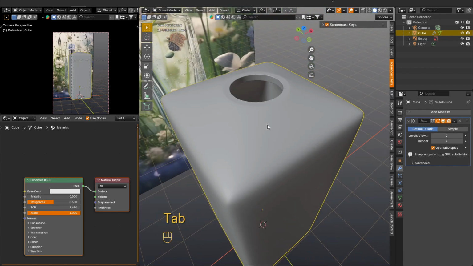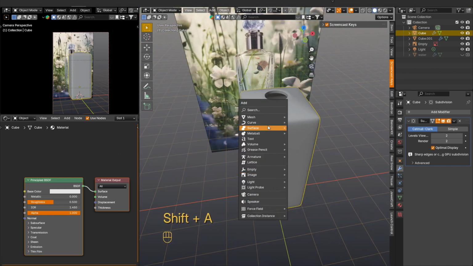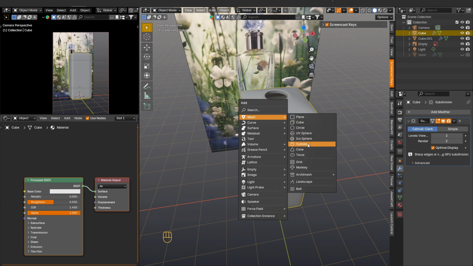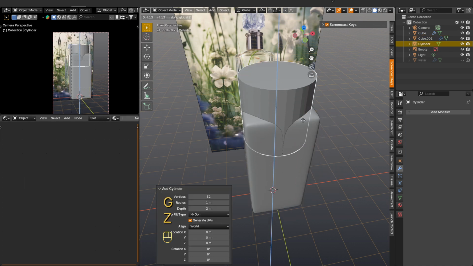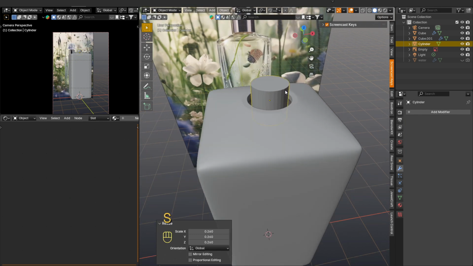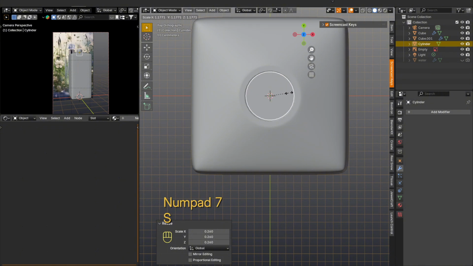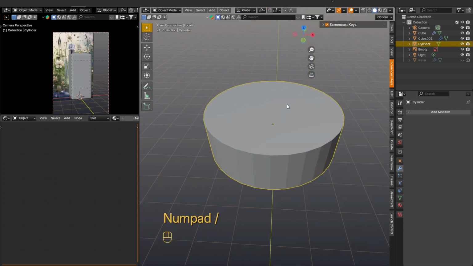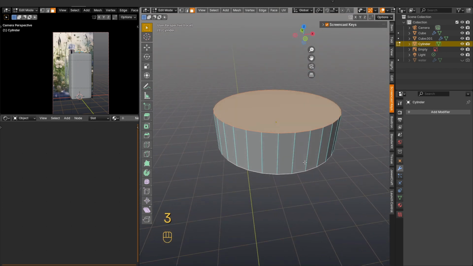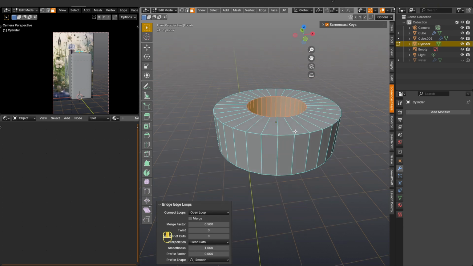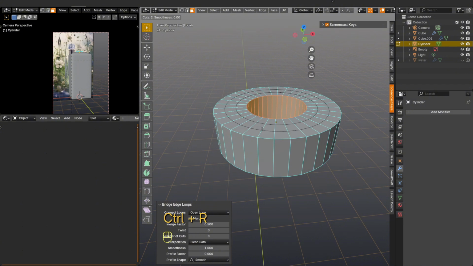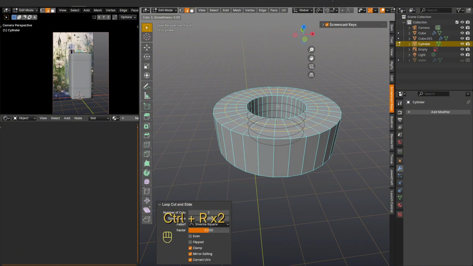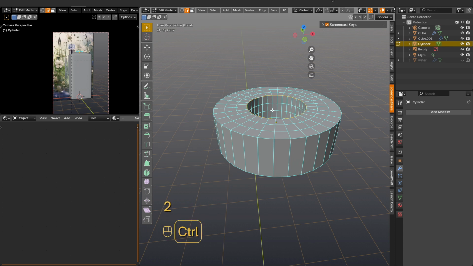Or rather, we need to create elements of the tube with which the perfume is sprayed. A cylinder with 32 vertices will help us create it. Add it to the scene, raise it to the level of the neck, adjust the diameter. After which the upper and lower faces of the cylinder must be inserted. Then apply bridge faces. After which we get a kind of washer. Now we need to add edge loops outside and inside to enhance the geometry. And also select edges and press Ctrl-B to make a bevel.